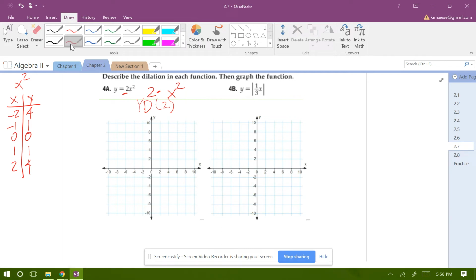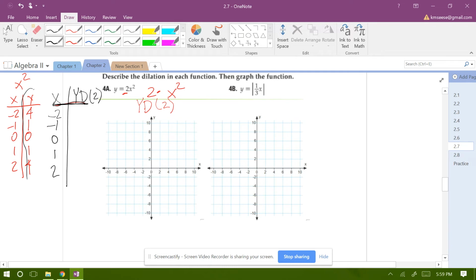So what we're going to do is take my parent function over here. I'm going to leave my x values alone. I'm going to take my y values and simply multiply them by 2. So just these values right here, I'm going to multiply by 2. So 4 times 2 is 8. 1 times 2 is 2. 0, 2, 8. So if I were to graph my original,